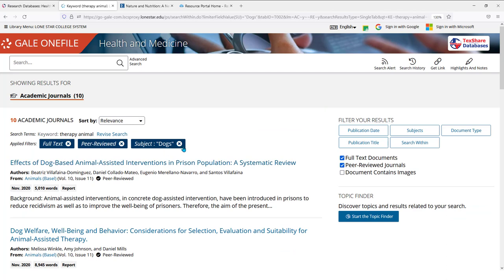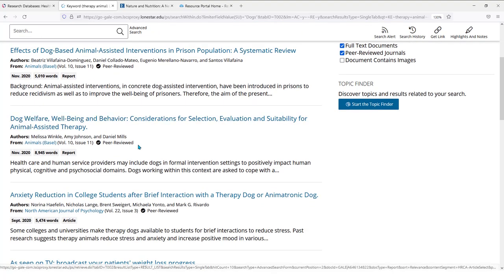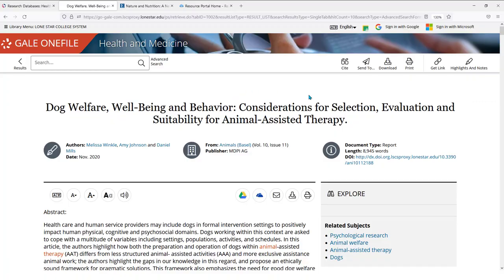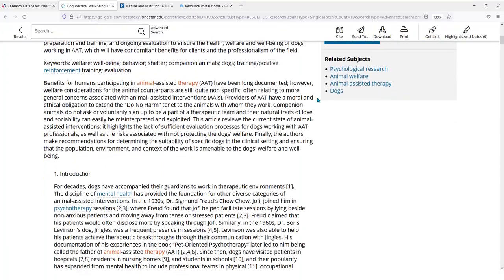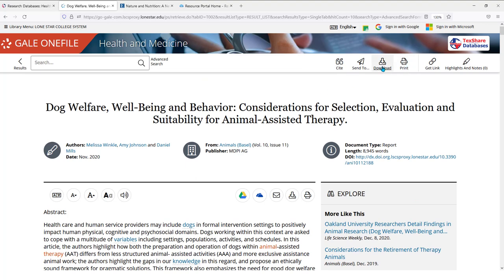So you can see in the middle these filters that we have: full text, peer-reviewed, and we're looking at dogs within therapy animals. And in this case, you can see all of these articles are going to be peer-reviewed and about therapy animals, dogs specifically. Because these are all full text, you can just click the link and then we'll go ahead and open up the article for you. You can definitely read this in the browser, or you can download the article at the